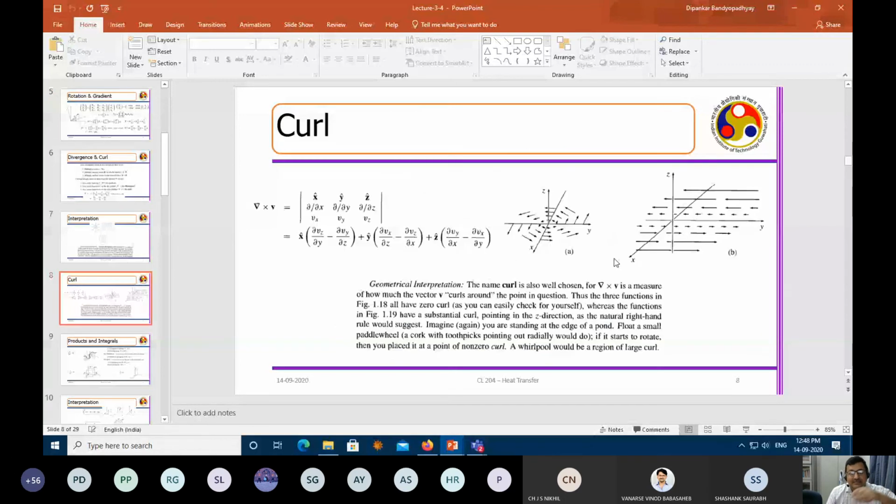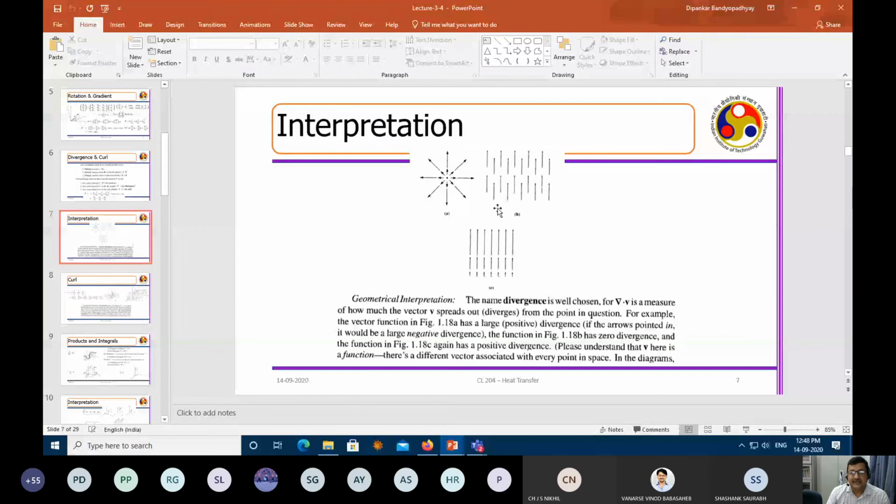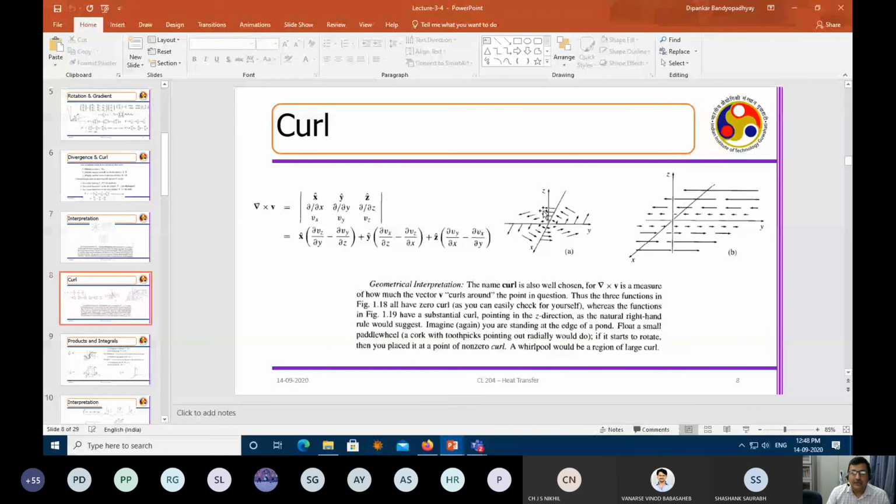Great. Now, what is the physical interpretation of curl? You can now see del cross V. How do I go for it? So e1, e2, e3, the gradient is del del x, del del y, del del z, and then V is V1, V2, V3. If you take a cross product, then you end up getting something like this. Now, this is a field where you will see that del cross V will become 0. That means there is no curl or rotation.